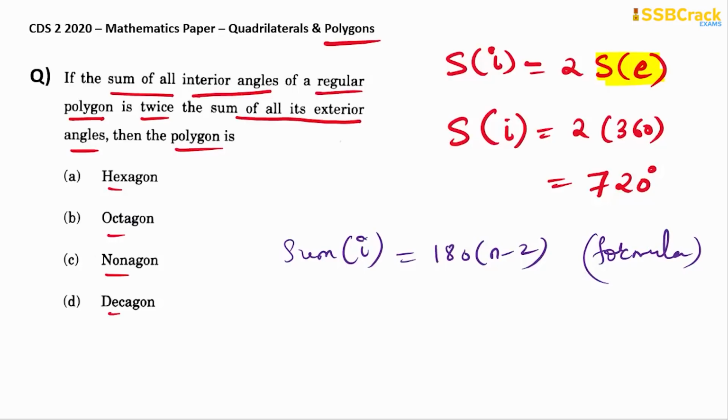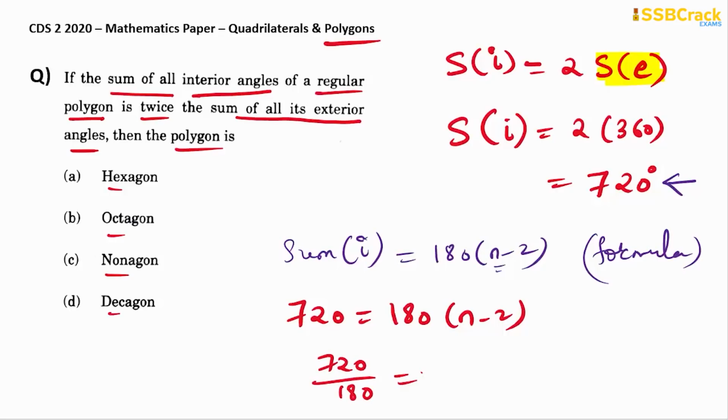So if now I try to get this 720, what should be n? I have to know, right? So it's very simple, I have to solve 720 equal to 180 into n minus 2. So it's very clear that 720 upon 180 has to be equal to n minus 2. What does this imply to you? It's very easy, right? So we could see that n comes out to be easily 6, because 18 1s are 18, 18 4s are 72. So n equal to 6. So n equal to 6 means there are 6 sides.